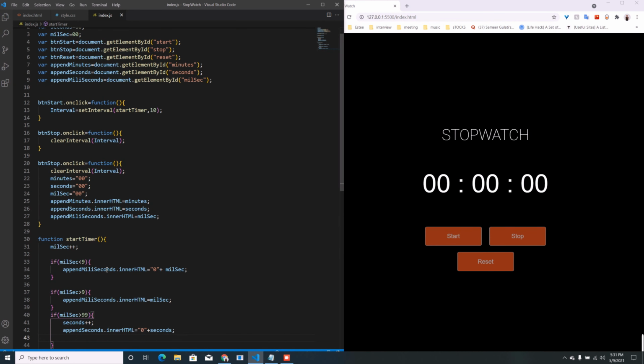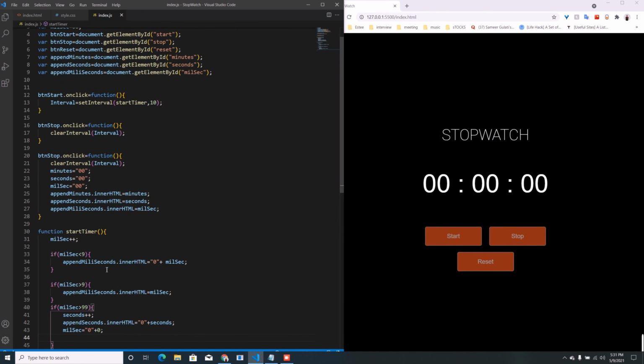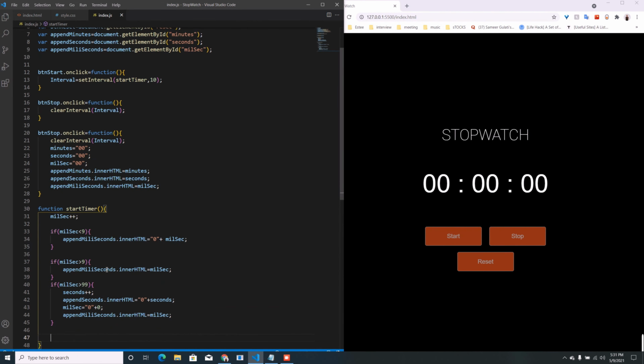And there are a few things we have to do. We have to reset the millisecond value as well. So first assign the millisecond variable a 0 value, and then same thing, append it on the HTML page. So append millisecond.innerHTML equals the actual millisecond value, which is 0 at that time.